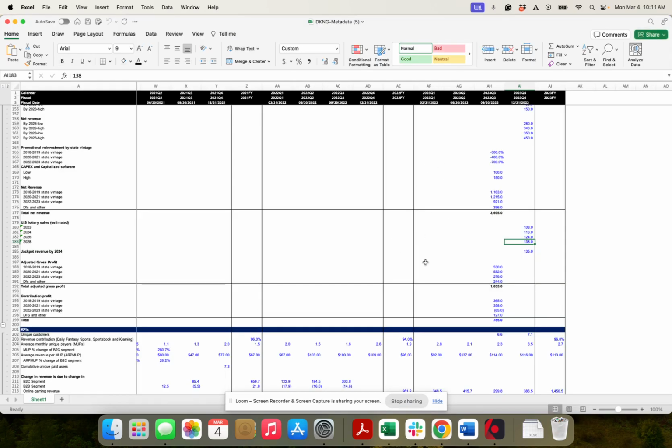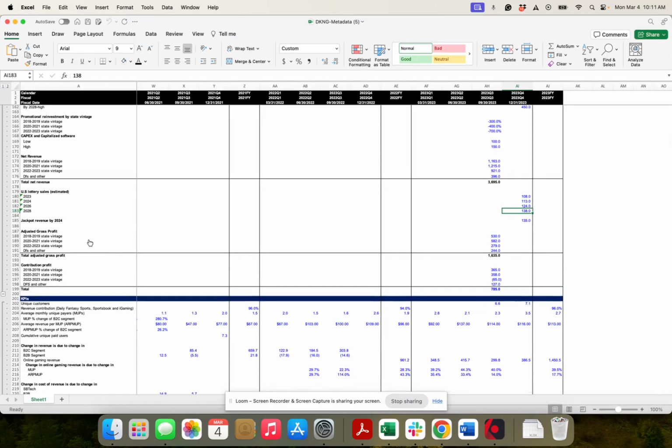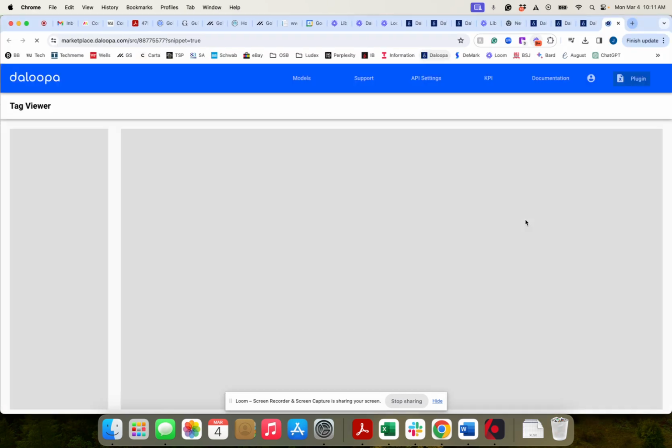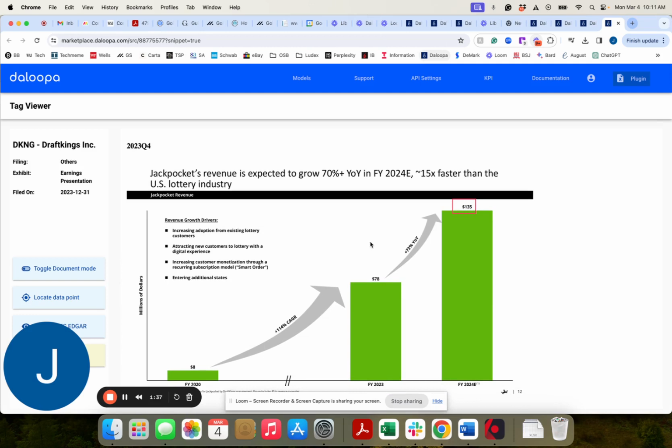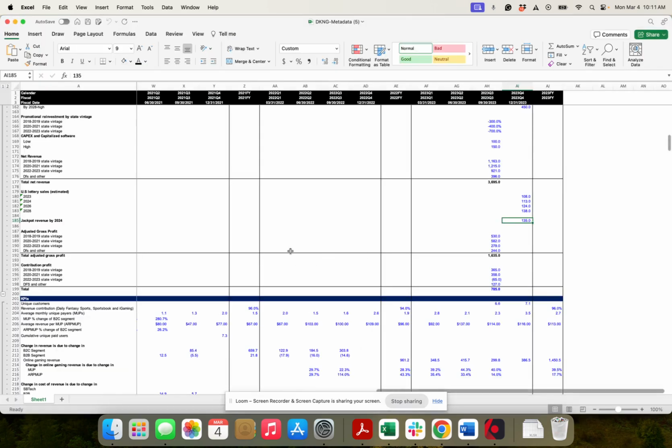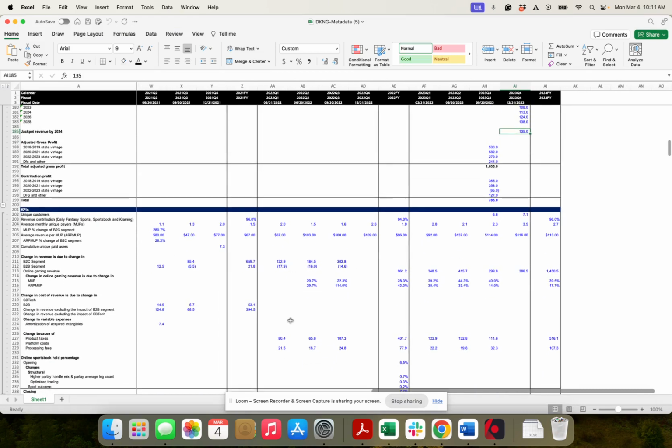Going back to the data sheet, if I want to get information on Jackpocket in particular, so this is the 135 million, it shows the context of that. And this is from their earnings presentation, shows the source on the left. And it shows 8 million in revenue in 2020, and it shows the progression, 114% CAGR to 78 million in 2023 and to 135 million in 2024. So really the context behind all these KPIs is really incredible.